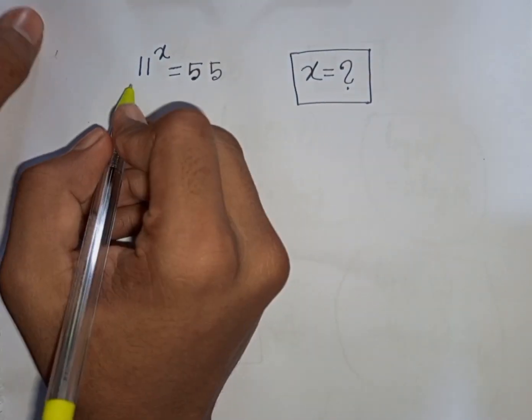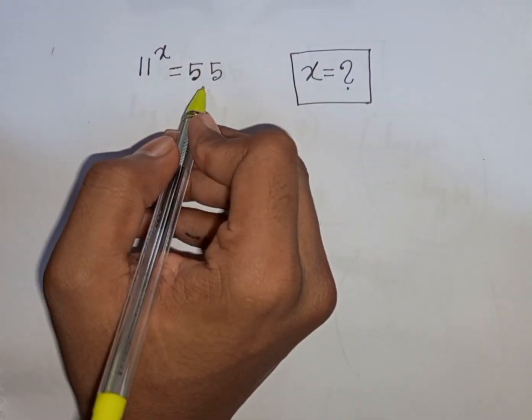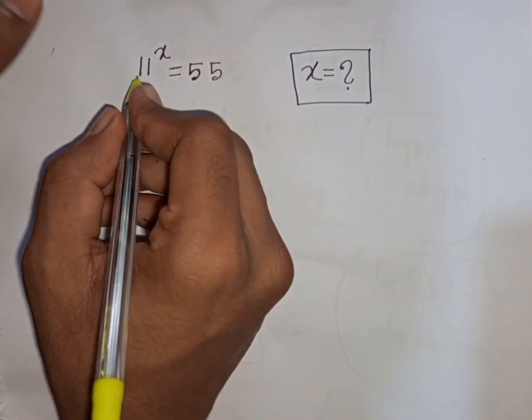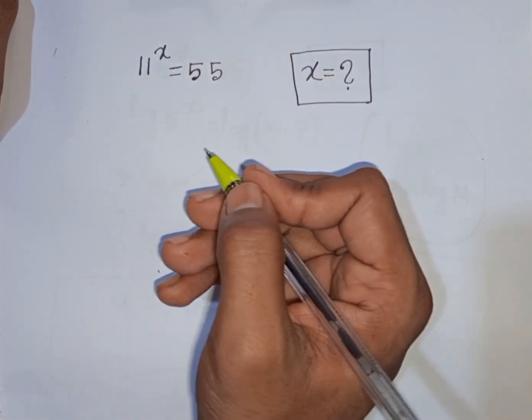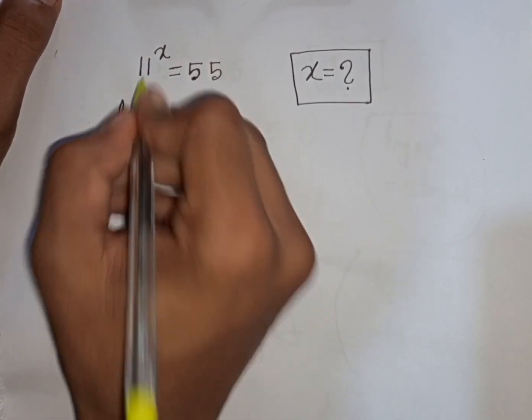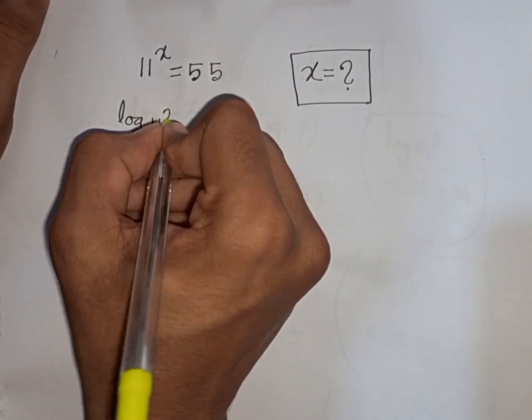How to solve 11 power x is equal to 55. Find the value of x. So at first we take log on both sides. So you can write here log of 11 power x